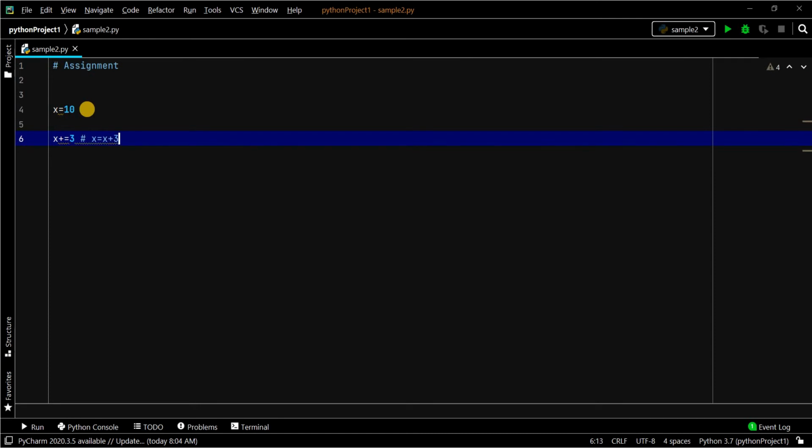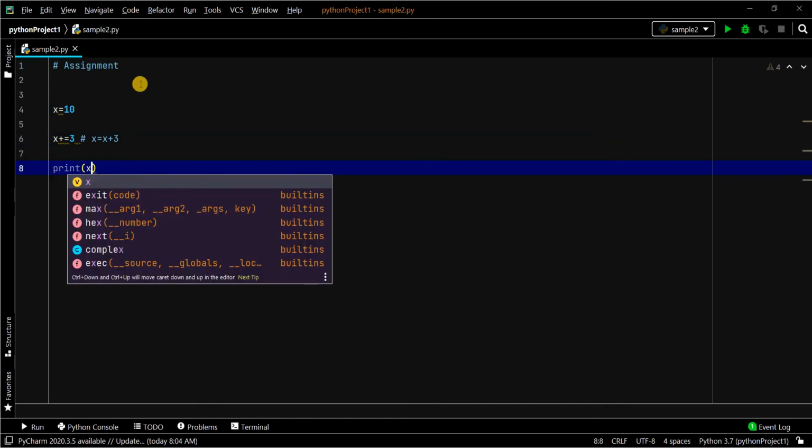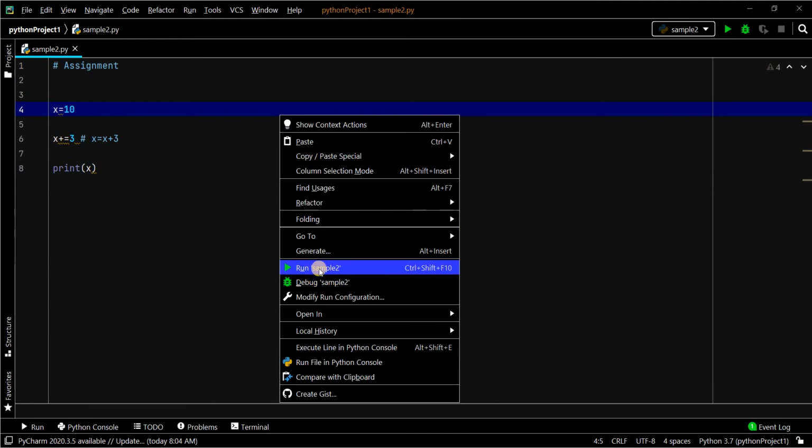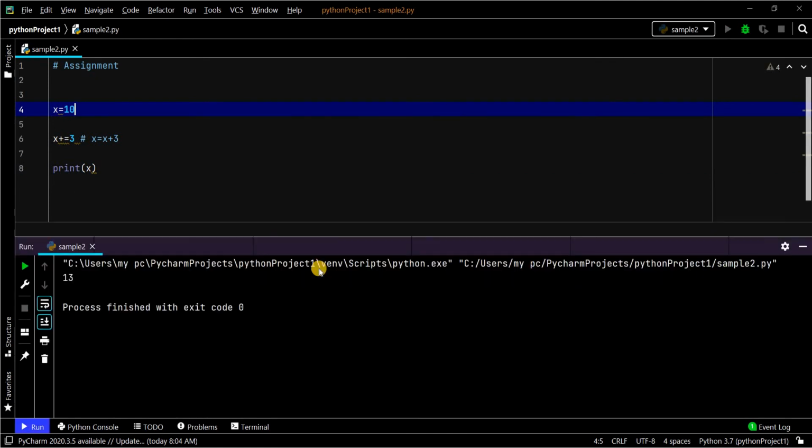You can rewrite the statement like this. Both will give you the same result. Let's run this. See, here it's just adding this x 10 plus 3, which is 13. This is how it works.